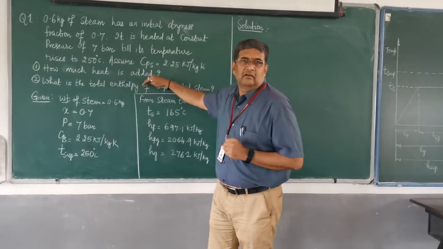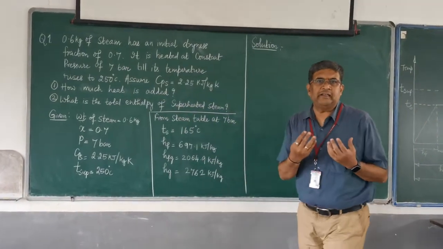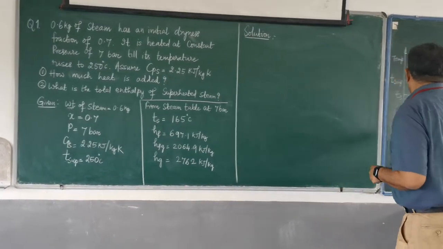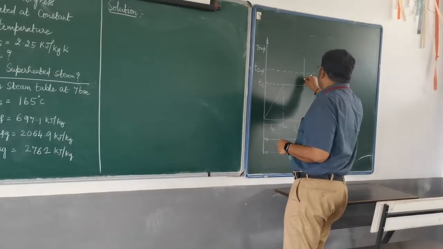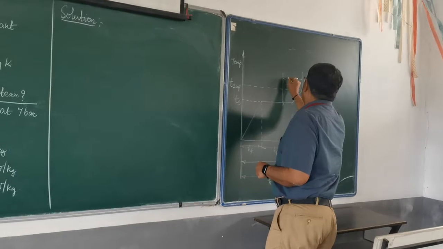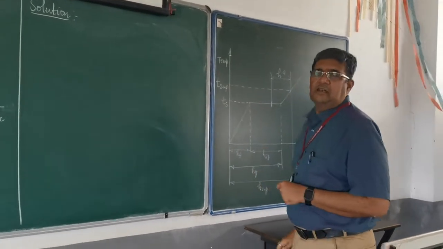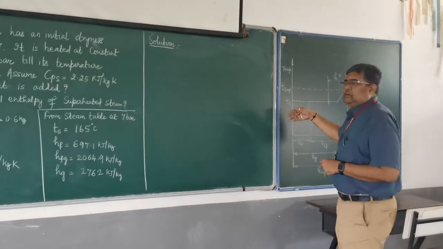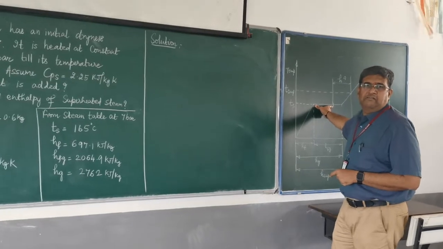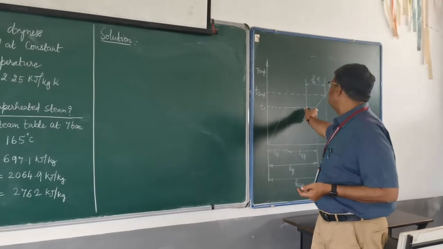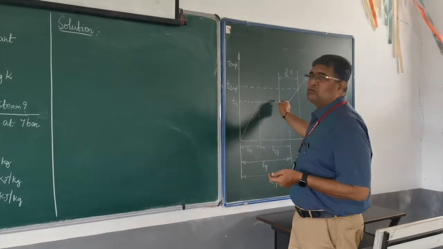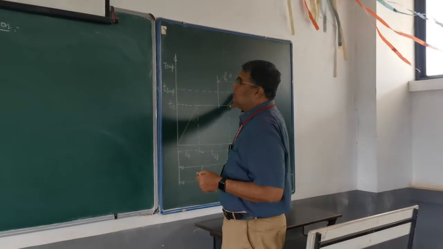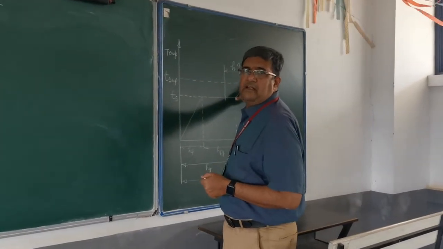How much heat is added? Okay, so we will first find out how much heat is added for 1 kg and then find out for 0.6 kg, which means we need to find out the value of H between these two. So if this is 70%, how much is wet? Wet is only 30%. So in order to convert that 30% also into dry saturated steam, how much heat is to be added, and then how much heat is to be added further to make it superheated. That is how we are going to see.